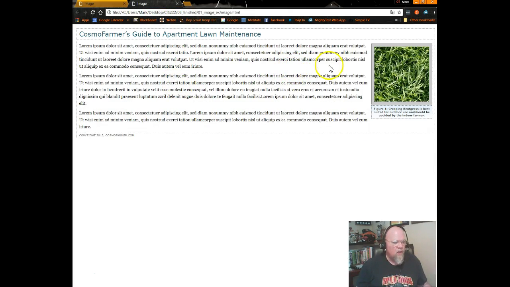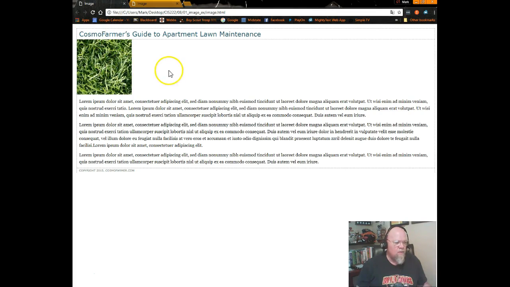Notice that we've got the image over here. It's got a nice border. It's got this little figure caption. Down here we basically have just a picture, a header, and some text. So if we start going through the tutorial, what we will do,